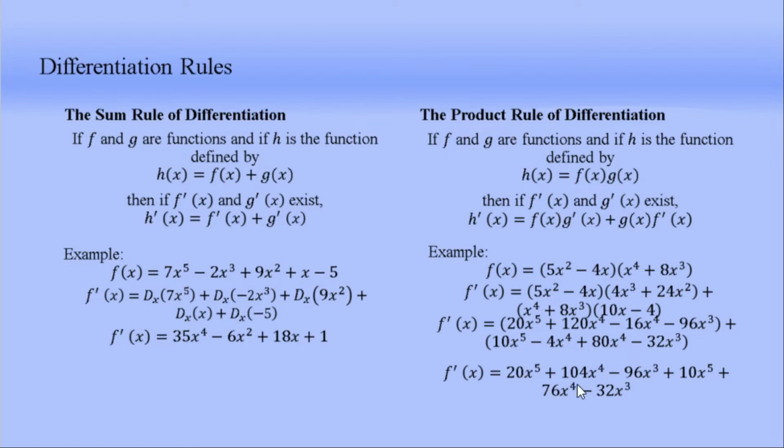And after that, we're going to remove the parentheses and apply this positive sign to these terms here. So now we have positive 20x raised to the fifth power plus 104x raised to the fourth power minus 96x cubed plus 10